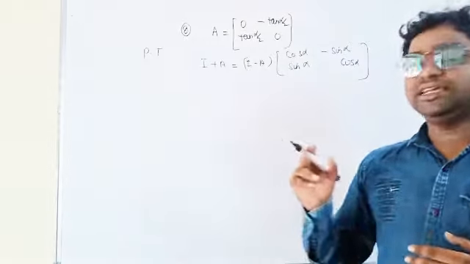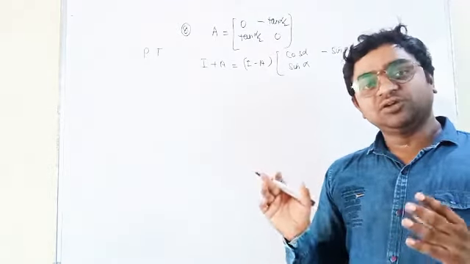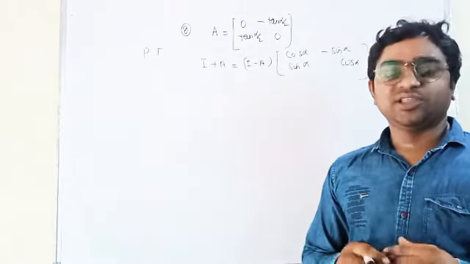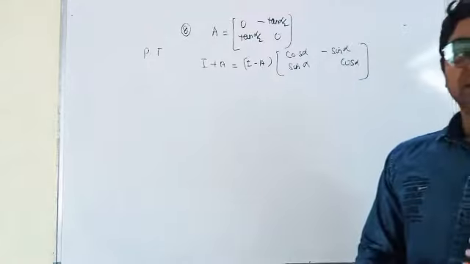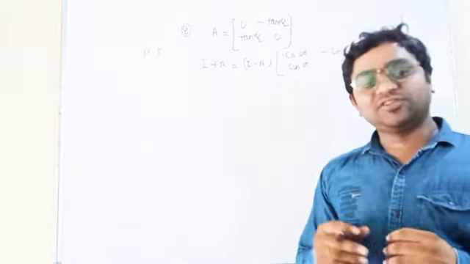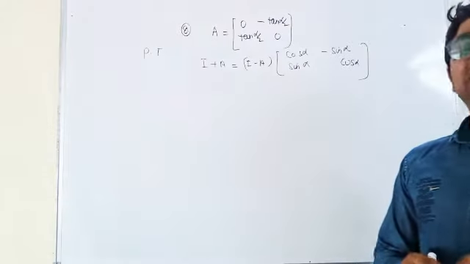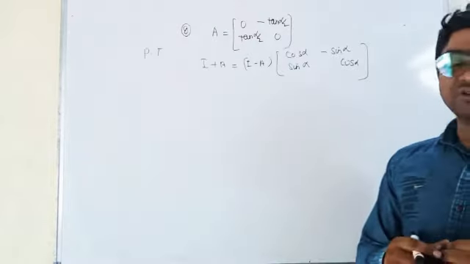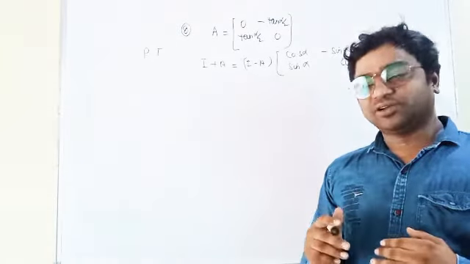In the question, A is mentioned. In the right hand side and left hand side, we have to show these two are equal. In the right hand side part, one complex structure is there, and here cos alpha and sin alpha are mentioned. In the left hand side, it is in the form of alpha by 2. So what we need to do is convert it into the form of alpha by 2 only.